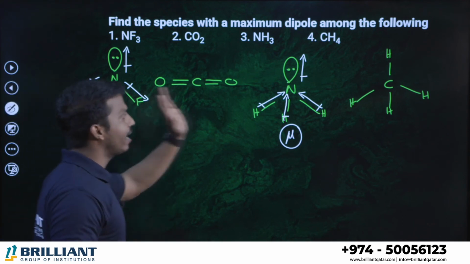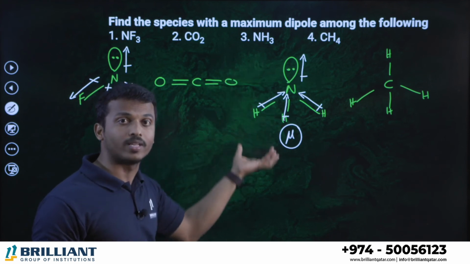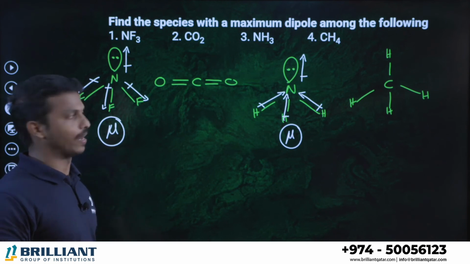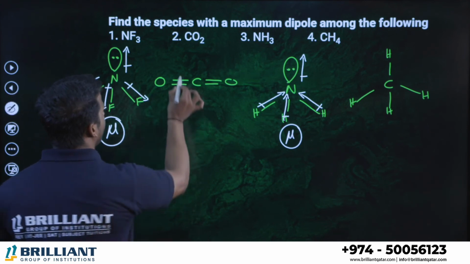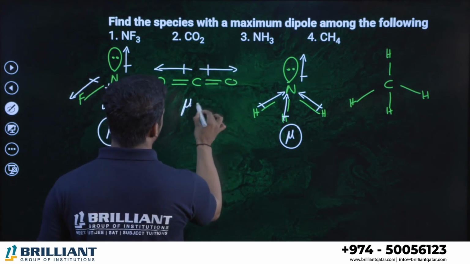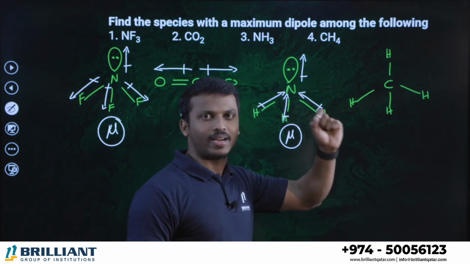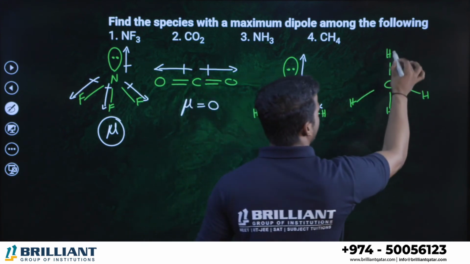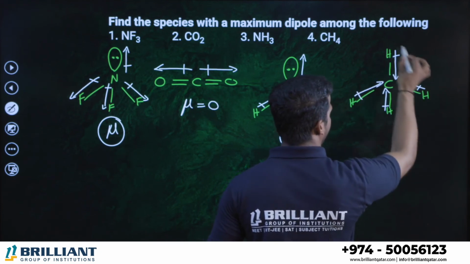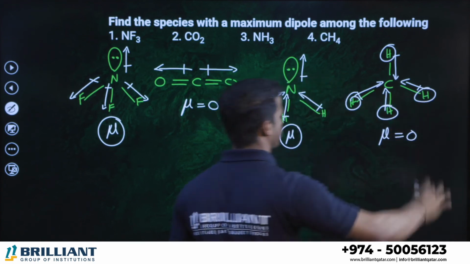But in NF3 and NH3, which one has the greatest dipole moment? NH3, because all dipole moments are in the same direction, adding up. But here there is some cancellation, though there is a resultant. Correct. What about carbon dioxide? Oxygen this side, oxygen this side, they will cancel each other. Dipole moment is 0. CH4, dear student, I told you in tetrahedral geometry, carbon, hydrogen, when you consider carbon,